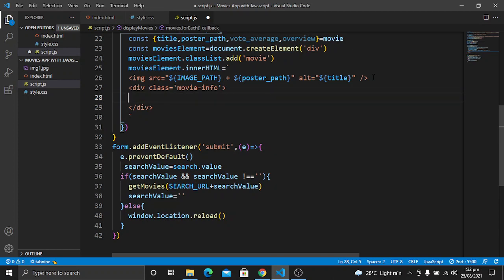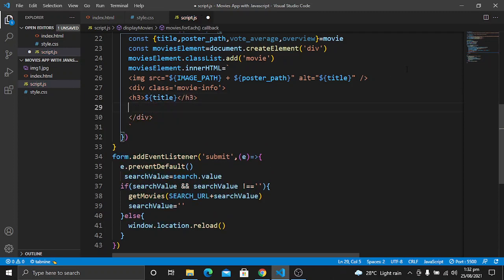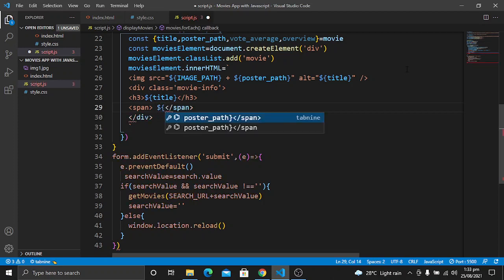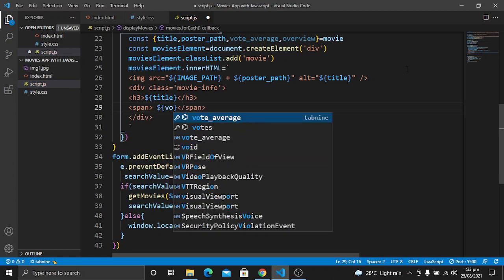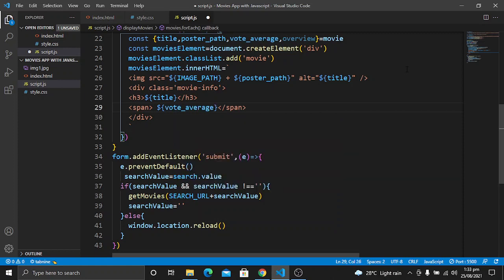For the title we will use the h3 tag. In this h3 tag we will have the title, so it will be this one, and then we will have a span tag. For the span tag we will have the vote average, so it will be vote underscore average. Let's save it,